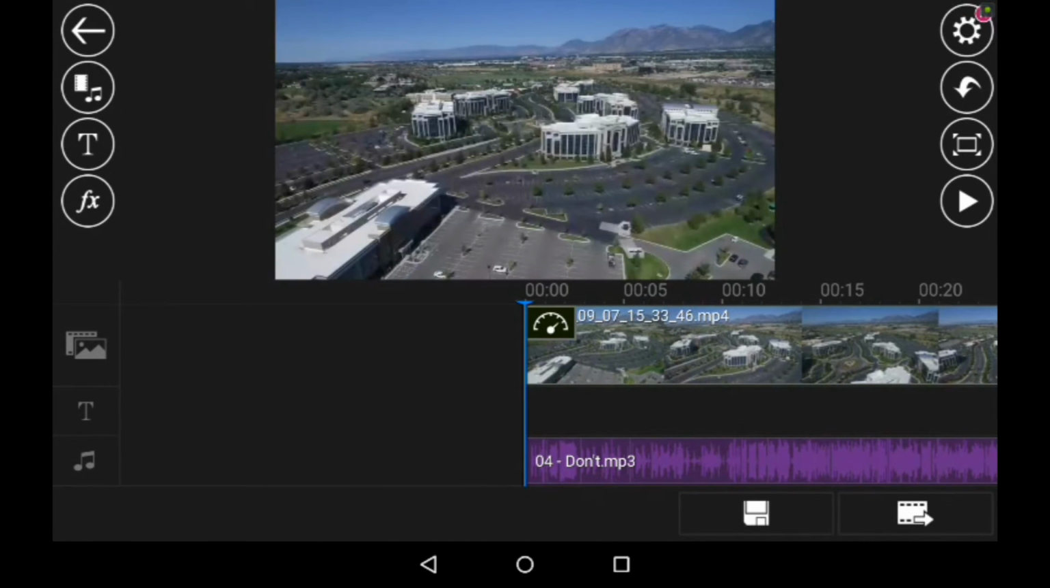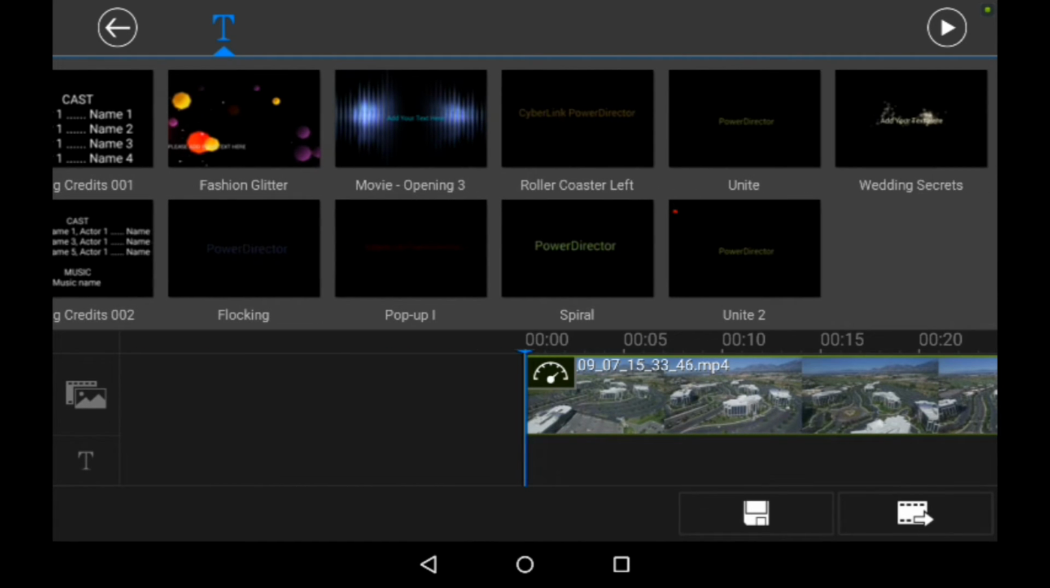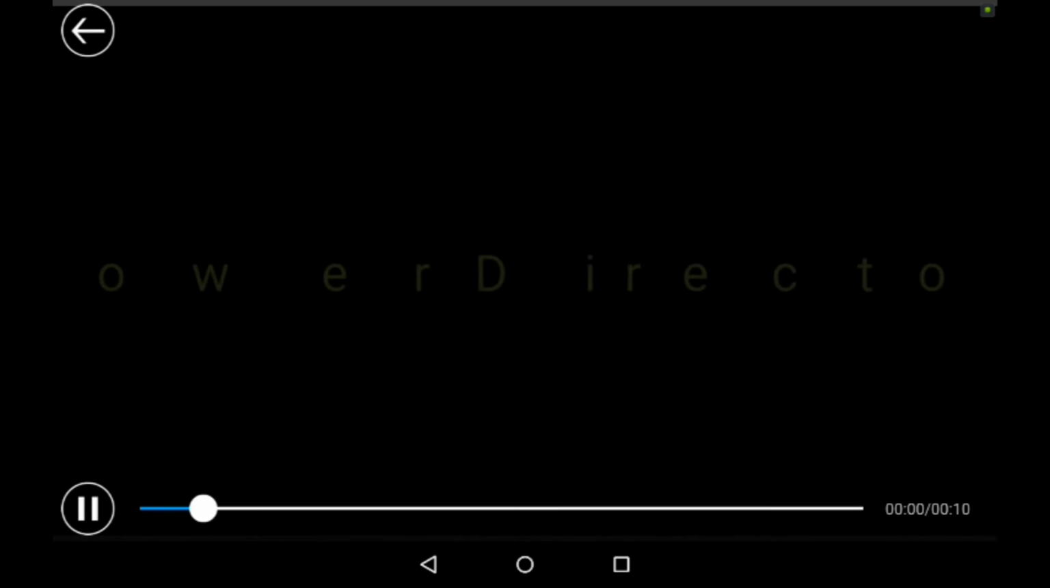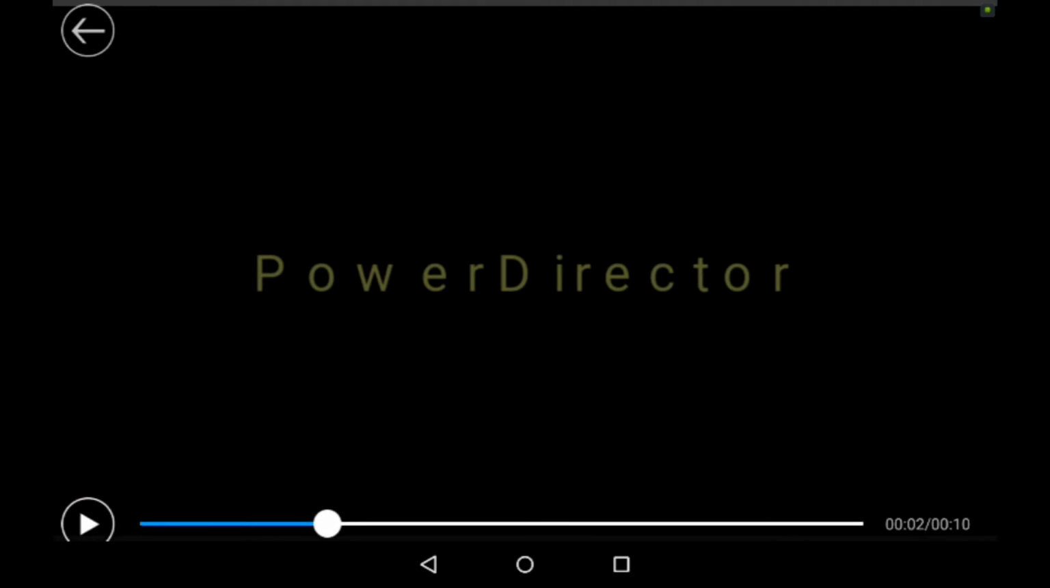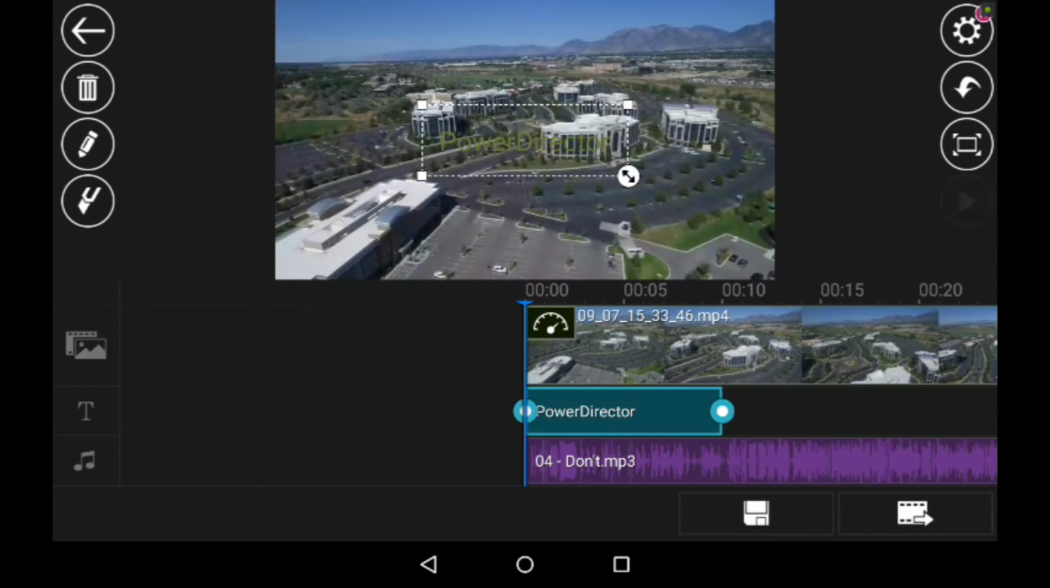So one thing I like to do is put a title bar in there. Click on the T, and I'll just pick something in here. Unite, highlight that. I want to preview it, see what it looks like. Alright, that looks pretty good. So I'll go ahead and hit the plus. It'll drop down. I'll back up one, highlight it,